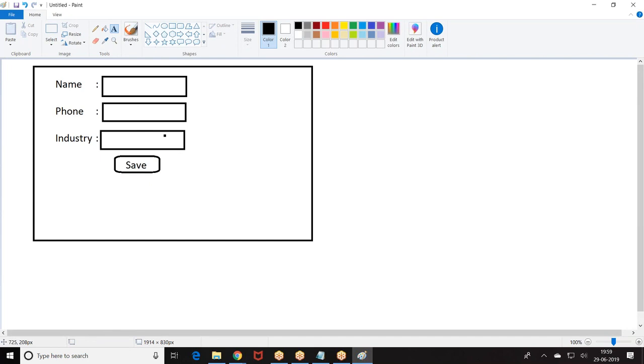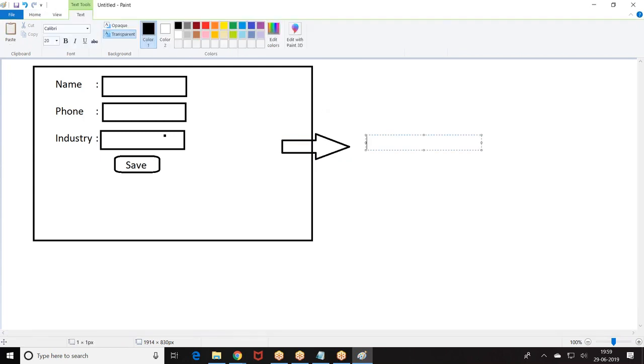When I click on the save button, read the values of name, phone, industry. Okay. Invoke custom component. What is the custom component?